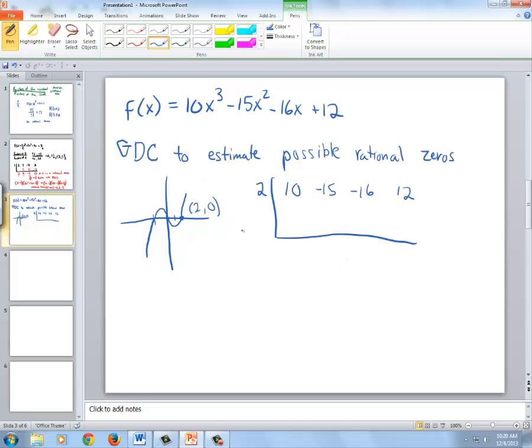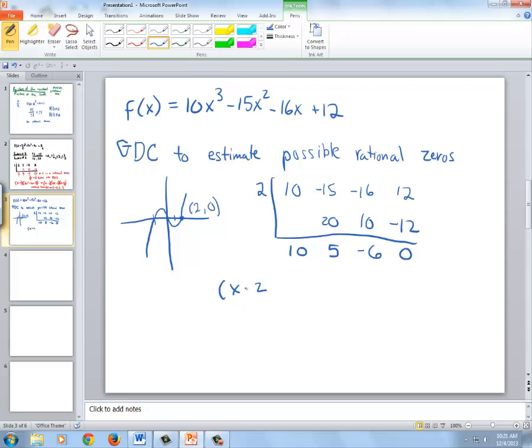All right, so let's go ahead and do that. If you did it on your own, you can check your work. This is 10. This is 20. This is going to be 5. So we have 5 here. This is going to be 10, which brings us to negative 6. And negative 6 times 2 is negative 12, which is 0. Yeah, awesome. All right, so now we know that x minus 2 is a